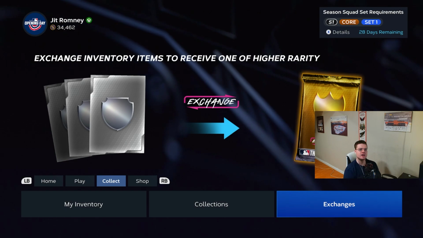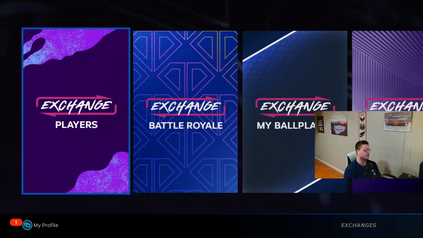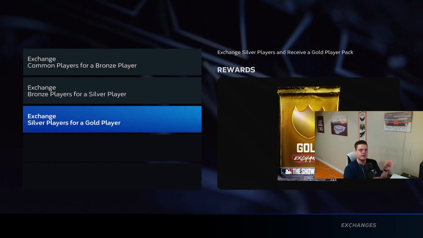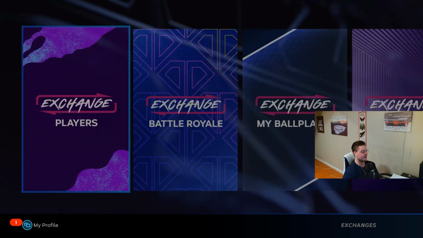And the last method I know of getting stubs is actually exchanges. Now, exchanges, what you would do is you'd go to players, and you can do it for all of these. I actually did one before I started recording this video. The players I put in came out to about 1,054 stubs, and I actually ended up getting Christian Javier,